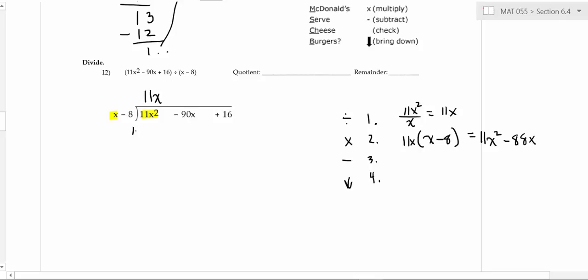Okay, now I would recommend that you put a plus 11x squared minus 88x like that. So we've done 2 steps. Okay, does that make sense? Okay. Now step 3 is to